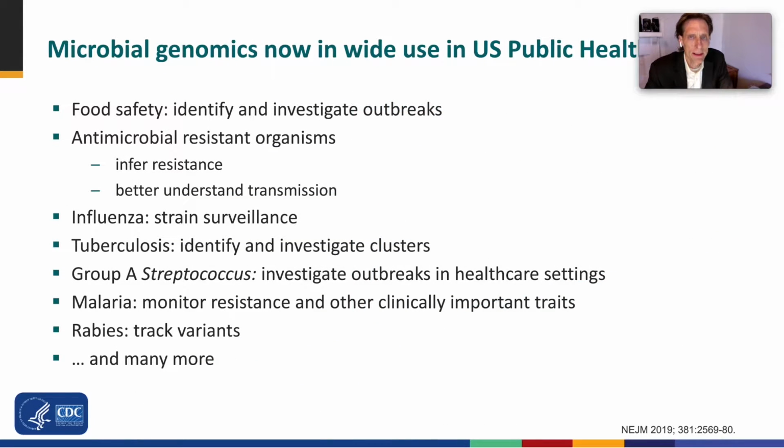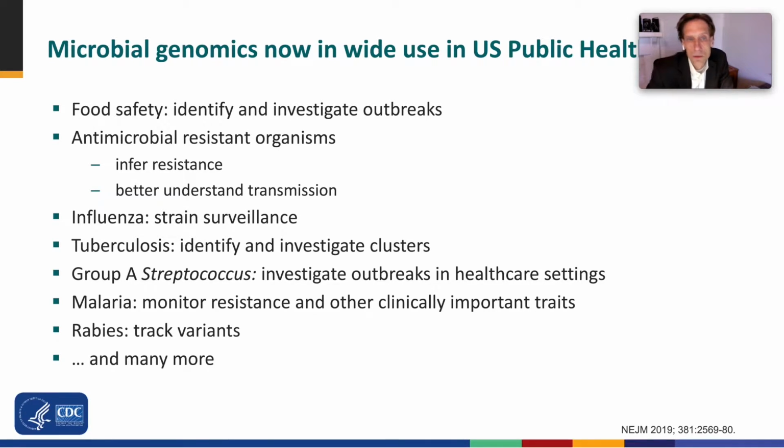At the time of this recording, in late 2020, microbial genomics are widely used in the US public health system. In food safety, for example, sequencing technology has replaced pulse field gel electrophoresis, or PFGE, in the National PulseNet system. With respect to antimicrobial resistance, high-throughput sequencing can be used to infer resistance and to better understand the dynamics of transmission. For influenza, sequencing is now a core part of national strain surveillance, playing an important role in informing decisions about vaccine strain selection. In the tuberculosis world, sequencing has replaced older, lower resolution technologies for identifying and investigating transmission